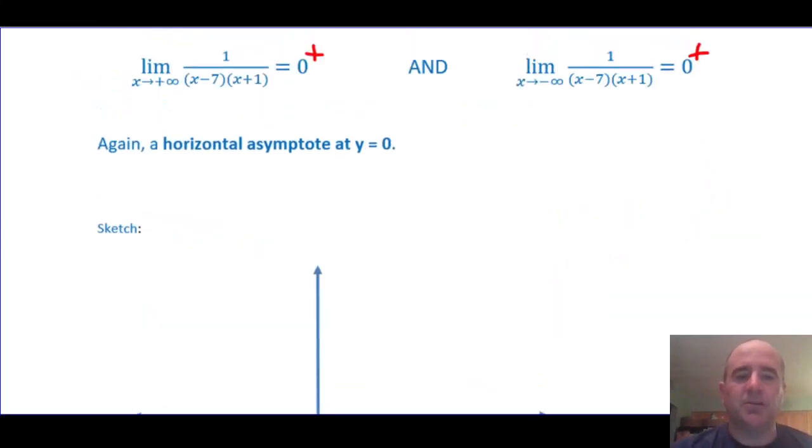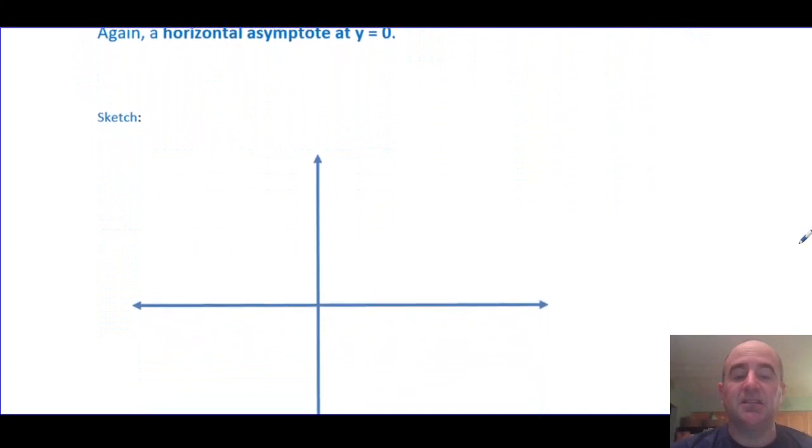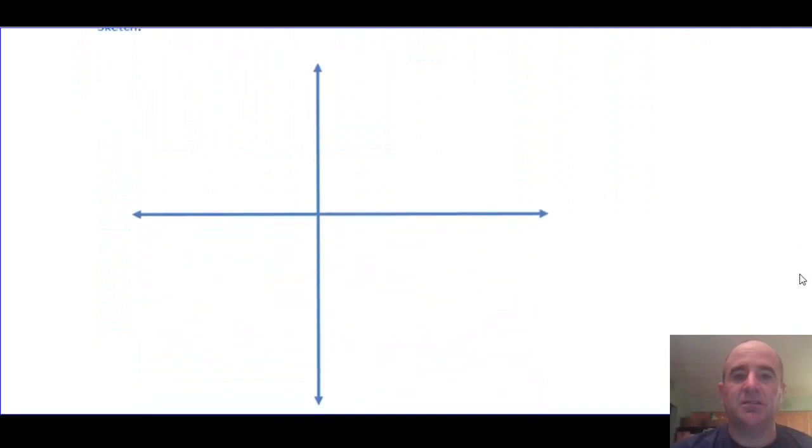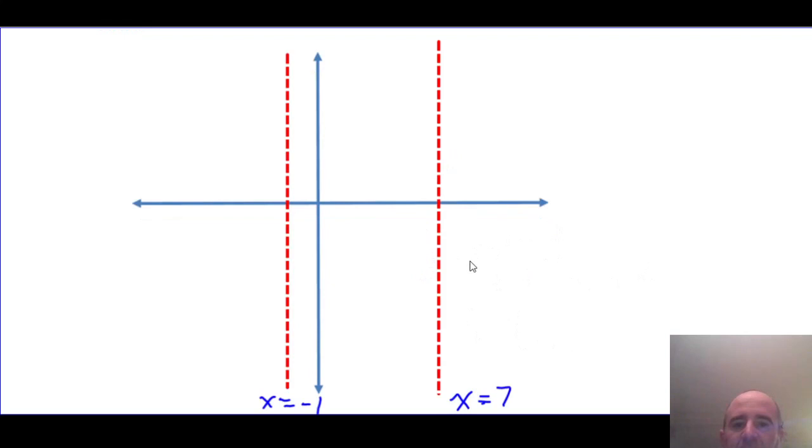And we can start now by looking at all that information and sketching what we have so far. Let's do that next. We'll start with our vertical asymptotes. So there are our vertical asymptotes at x equals 7 and x equals -1. We could add our y-intercept as well, which we said would be at -1/7. So it's very, very close to the origin on this picture. So somewhere in there is fine. We could label it, but I find on this tablet, I'm just going to leave it alone or it just gets a little messy.